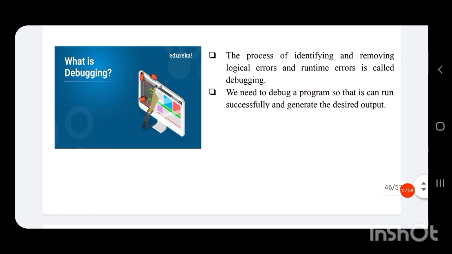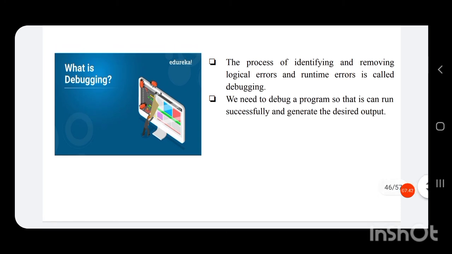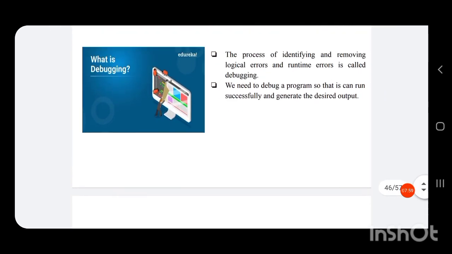We need to debug a program so that it can run successfully and generate the desired output. And what is the importance of debugging? To generate the desired output.